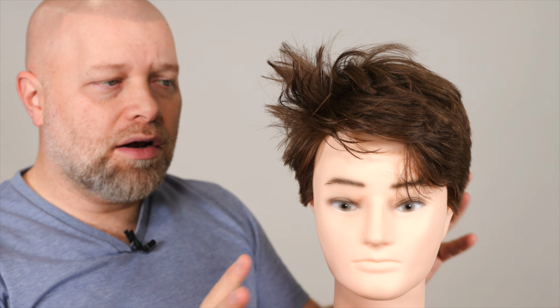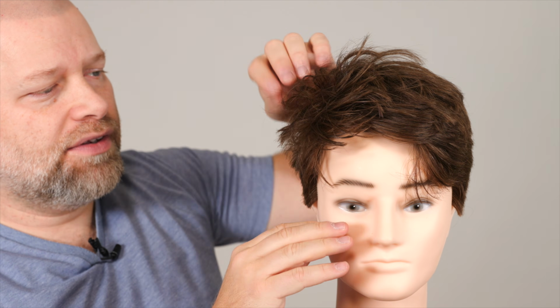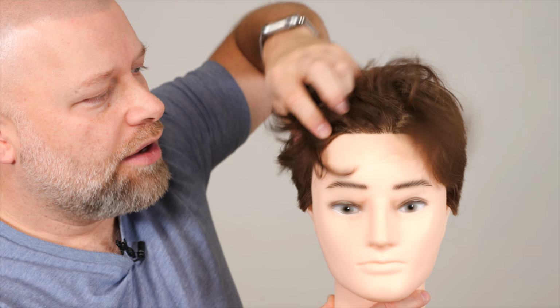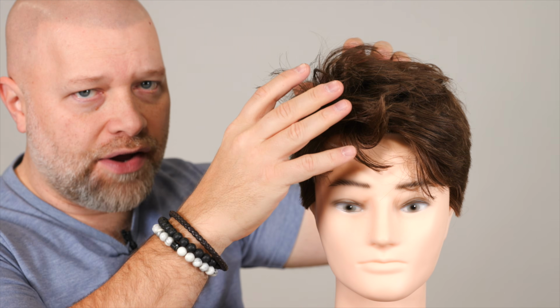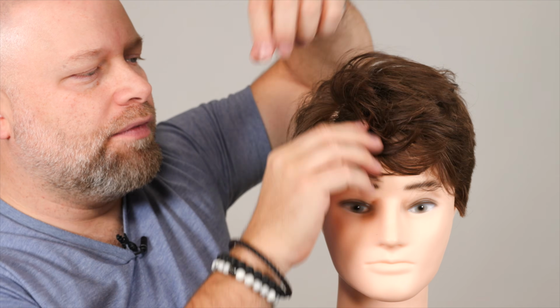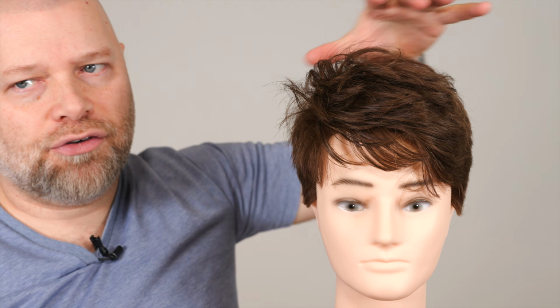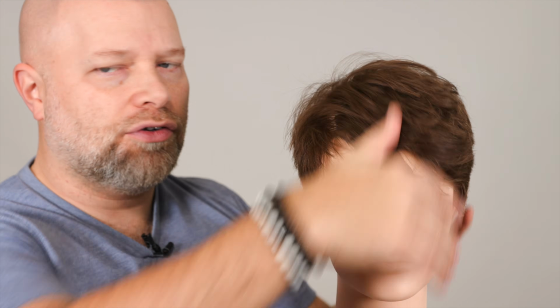So if you use a product, any one of my products would work for this, any one of my pastes, you have it short enough where you're then not even showing the part, but you're going with the style so it looks like it's part of it. Instead of it splitting, it's a bit more textured and messy, but so is everything else surrounding that area. So there's a lot of things you can do to camouflage a side parting or hair parting in general, but